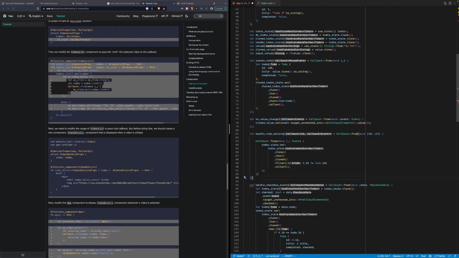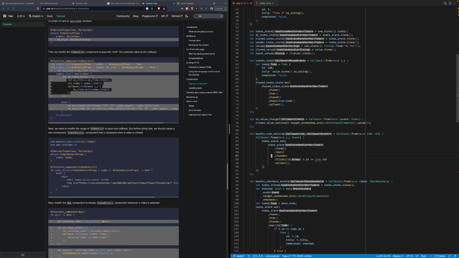Let's do this, and we just need ID, so we're gonna do, this is fine. Reader ID is not equals to this. This looks good.